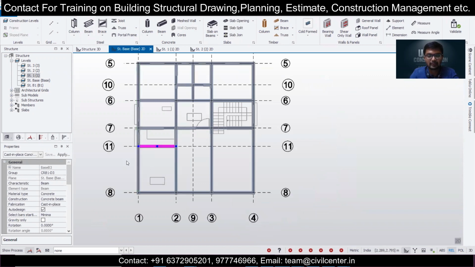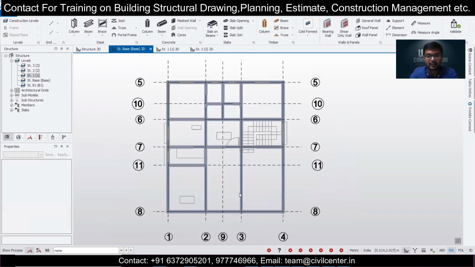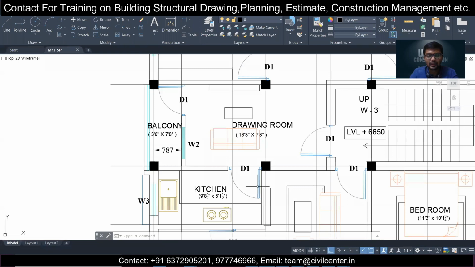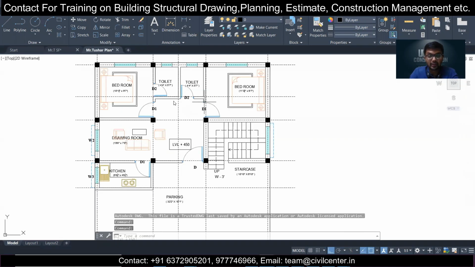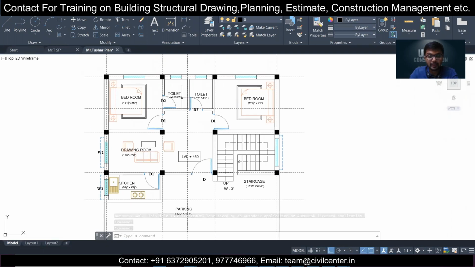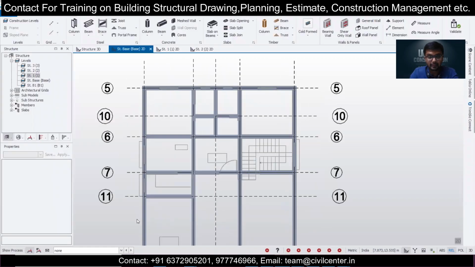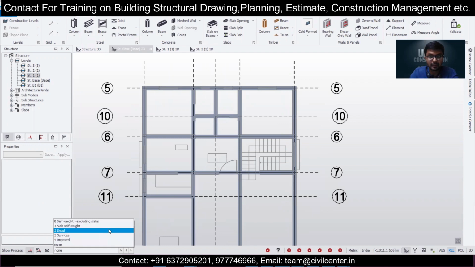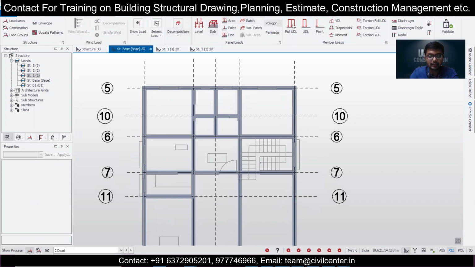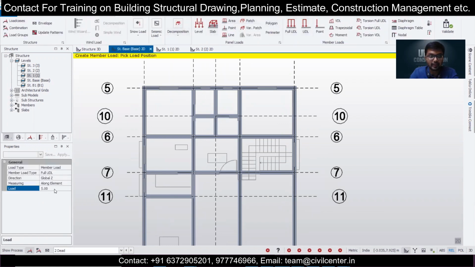Okay, let's go to the plinth level first, and for reference, just for knowing where the different floor plans are, we'll open the AutoCAD file containing the plans. So this is the plan. Let's apply the load for the 5-inch wall first, for the toilet portions here, and then we can apply the loads for the different purposes as well. Let's turn on the dead load here, go to the loading, go to full UDL, and take a load of 5.5 for the internal walls.